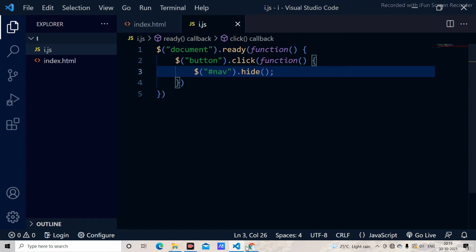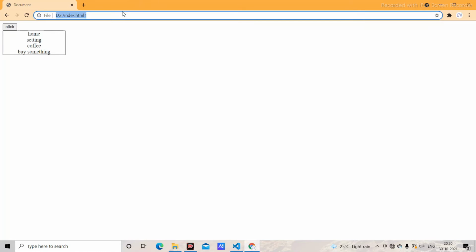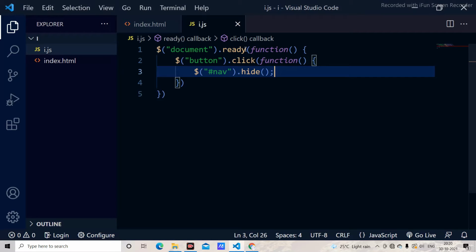And I just save it, and I reload, and whenever the user clicks that, it is going to hide it. For example, here is an example in front of you, the same thing which I created. I just click it, it is going to hide that. And this is how the hide thing works.